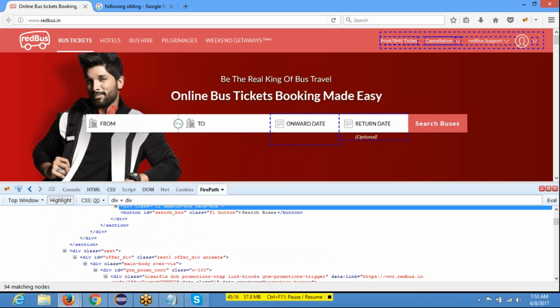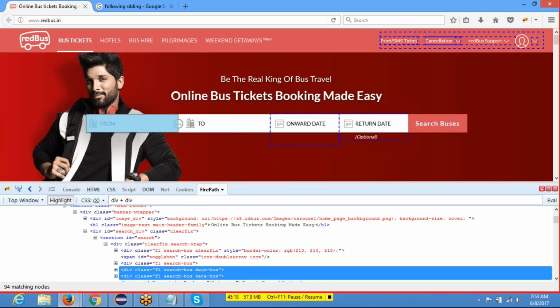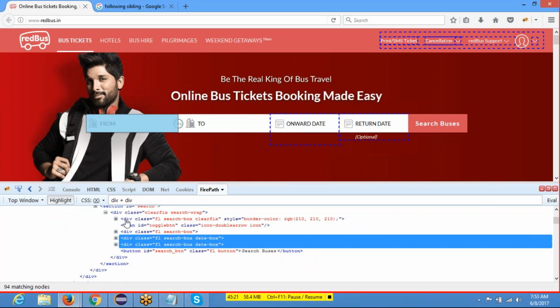Okay, let's move here. Can you see that there are 1, 2, 3, 4 tags, but this tag has a preceding sibling as a span, not as a div. So this is not selected. This div has a preceding sibling as a div, so this is selected. This div also has a preceding sibling as a div, so it is selected. So basically, when I say div plus div, it means select all the div tags which are following siblings